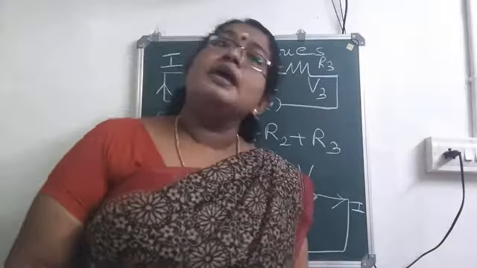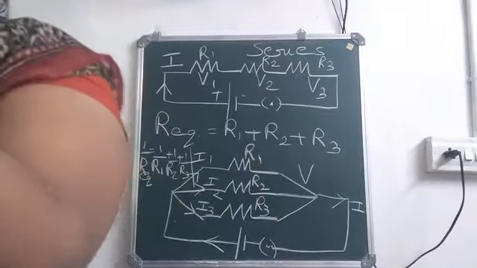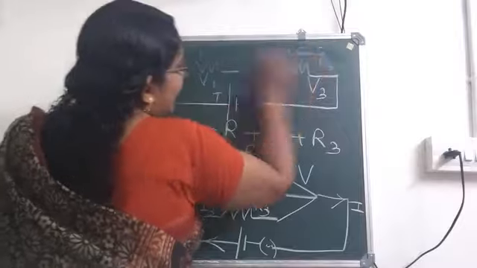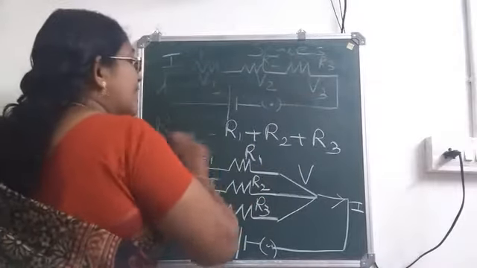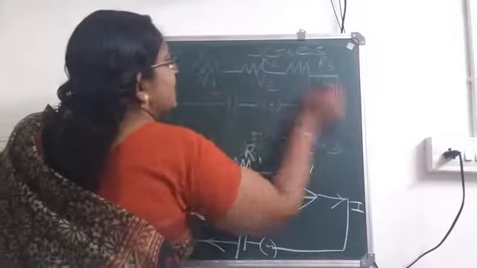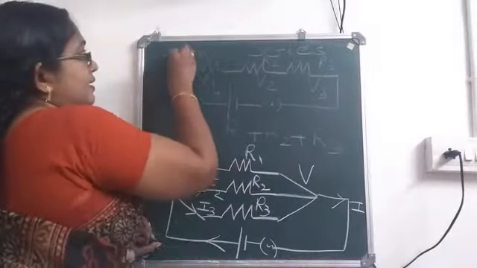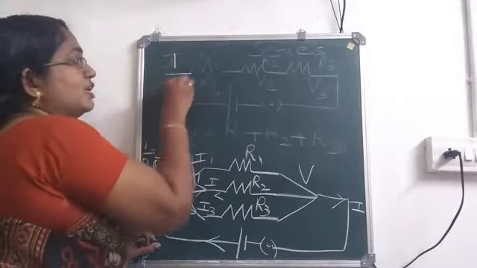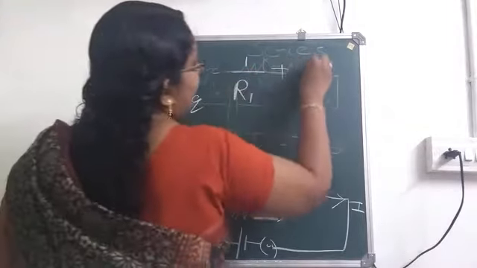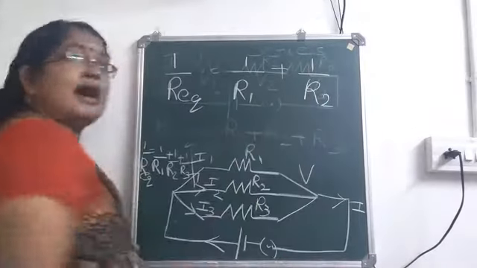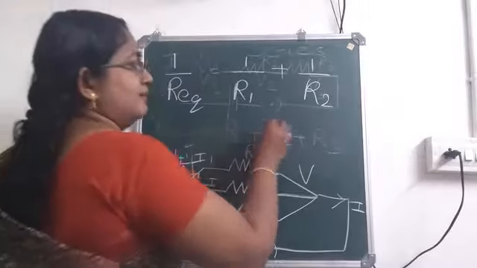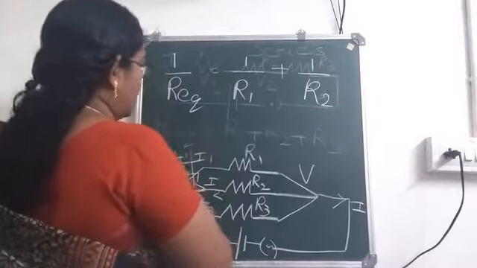Now, one more thing I can say, when you are considering parallel connection, if we are having just two resistors, there is an easy way to do the sum. So 1 by R equivalent will be 1 by R1 plus 1 by R2. So since two things are coming, after taking the reciprocal, what will we get?